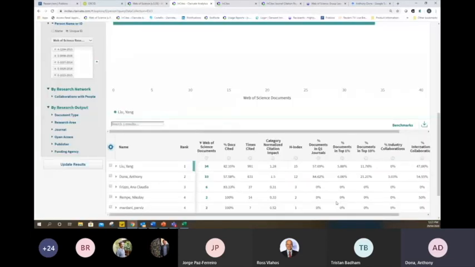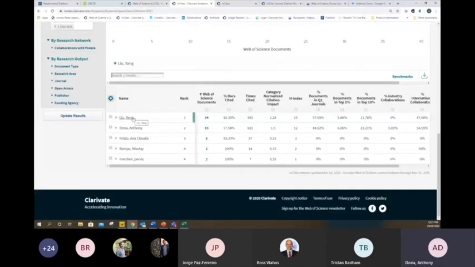And if I was to compare myself to Yang, who is sitting in the office next to me, I would say I publish more often in Q1 journals. I might have a smaller number of publications and a smaller number of citations, but when I publish, I get cited more often than Yang in a specific category in a specific year. Yang's H index is bigger than mine, fine, but ignoring that, I publish more often in Q1 journals. A higher percentage of my documents are in the top 1%. A higher percentage of my documents are in the top 10%. I collaborate more often with industry, and more often internationally. And so maybe there I'm making a case for myself for promotion over Yang.